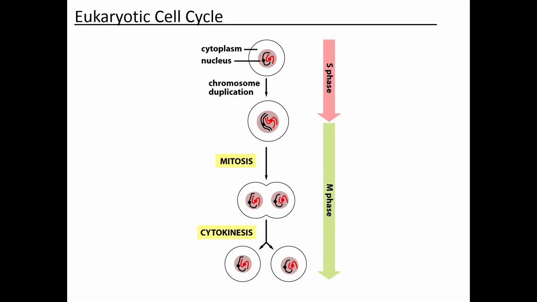Okay, so what's going to happen in a eukaryotic cell cycle that includes mitosis is we're going to start off with a single cell, and then at the end of the cycle, you're going to end with two daughter cells. And in a cell cycle that includes mitosis, the two daughter cells are going to be genetically identical to each other, and then also genetically identical to the parent cell that produced them. Okay, so overall, what's happening in this process of the cell cycle is you have one cell, and that one cell is going to divide to give rise to two cells.